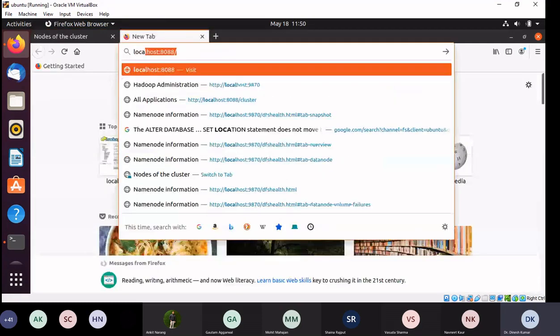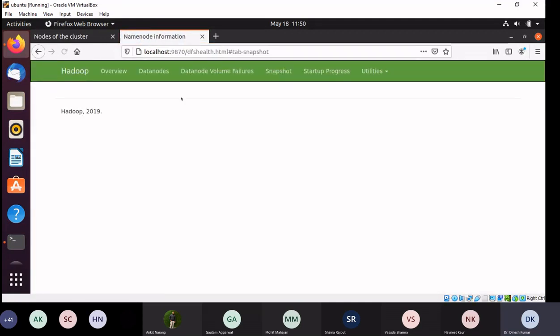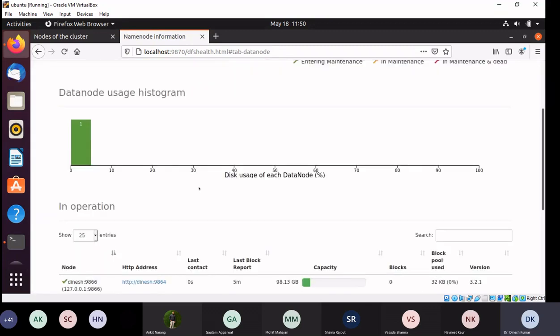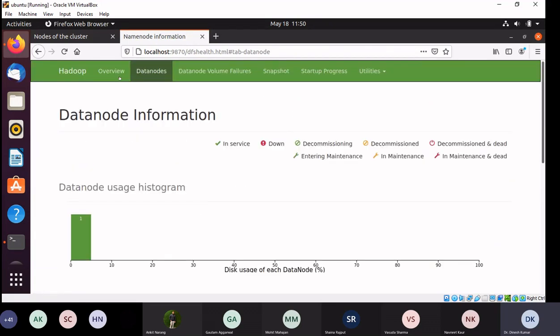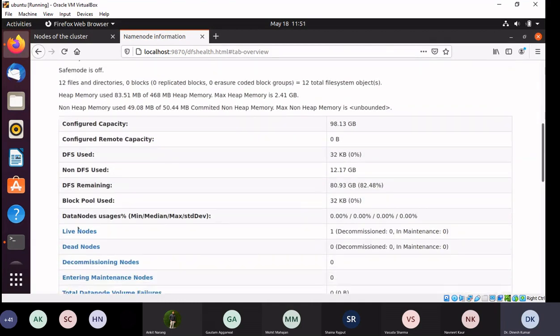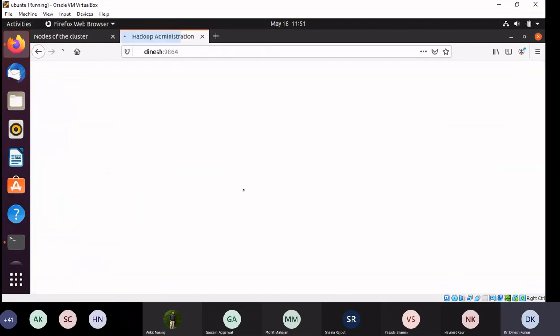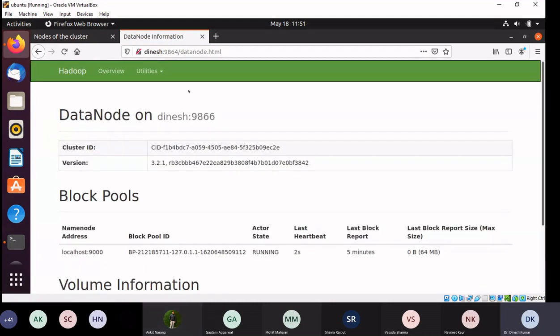Similarly, you can do this for the name node. So this is the interface of the name node. The various data nodes which are there, like in this case there is only one data node, which is this existing machine. It will give you the overview of everything over here, the summary, and what the various live nodes are. One, there is no dead node, so the value is 0. If I click on live node, it will take me to that particular node. I can further go into the details of that particular data node. All these things can be accessed by using the web-based interface on localhost.